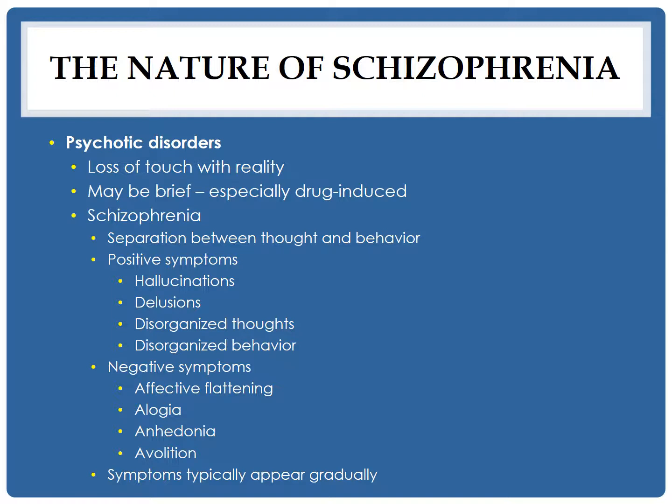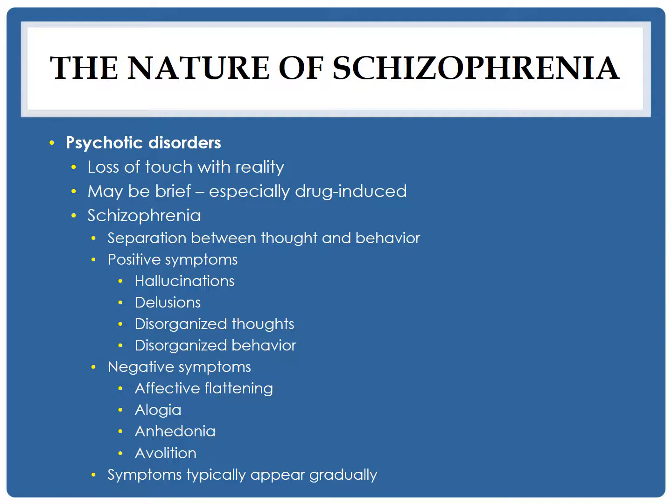And then in contrast, delusions are beliefs or thoughts that aren't true. Someone might believe that there are people out to get them, or that they're being followed by the CIA. These are thoughts or beliefs that are not based in reality. Disorganized thoughts are not logical or connected. And then disorganized behavior is where a person doesn't act in a way that makes sense with their context.